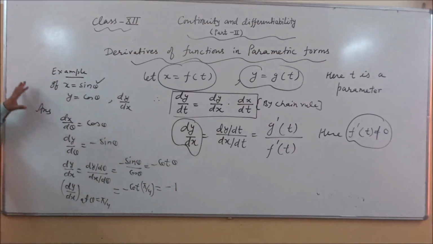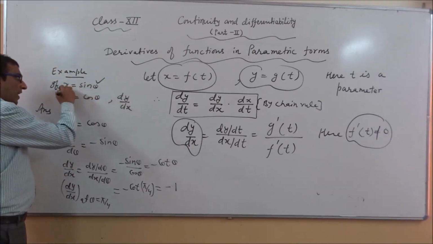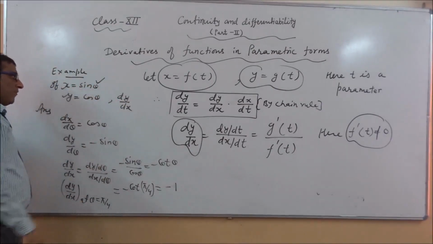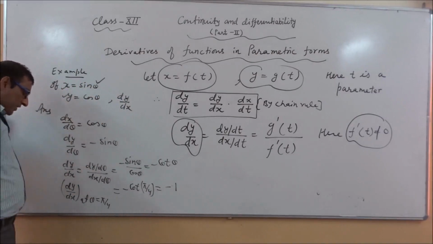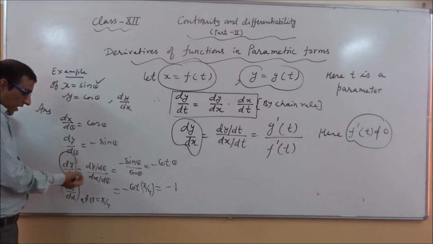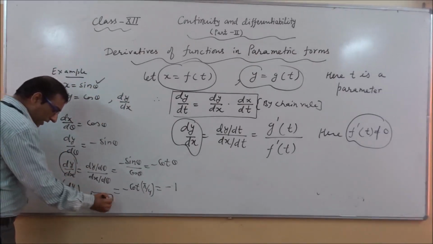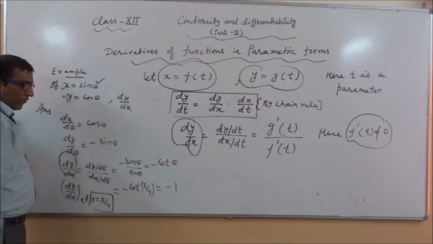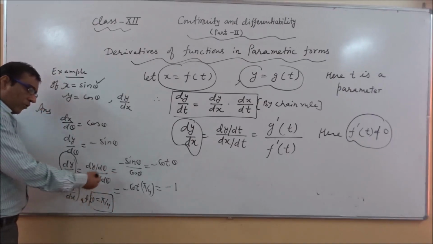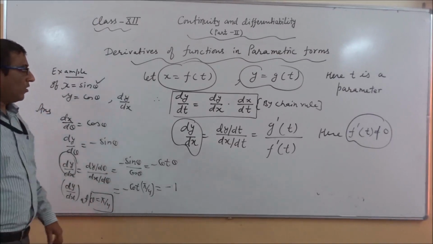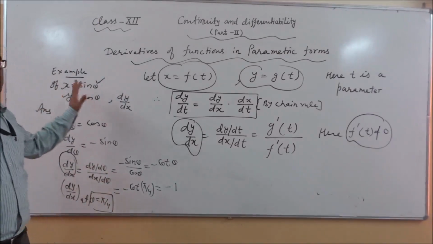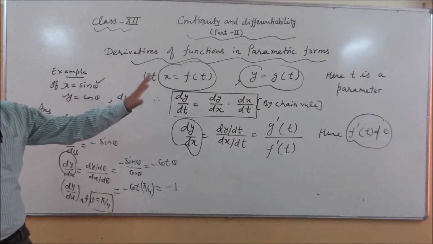So with the help of this procedure, we will solve the question which is related with the parametric form, in which the values of x and y both are given to us with one parameter, and we will easily find the value of dy by dx. If some point is given to us, then also we will calculate the value at that point. So with the help of this procedure, we will solve any question related with the parametric form.